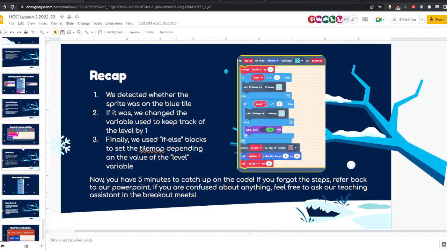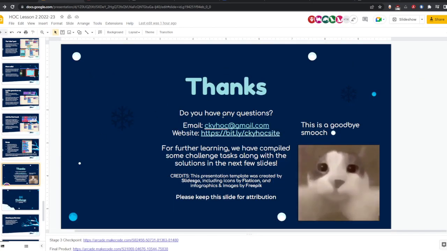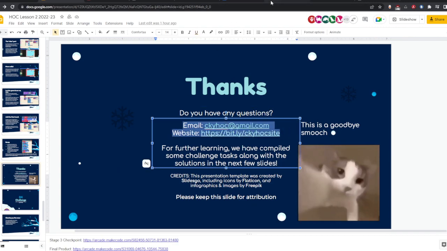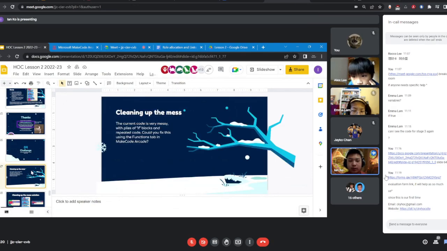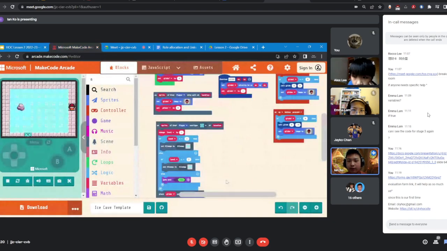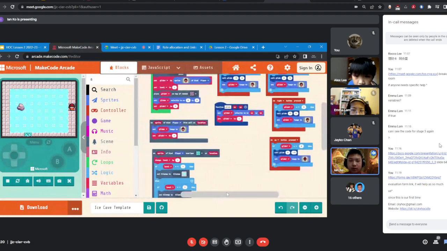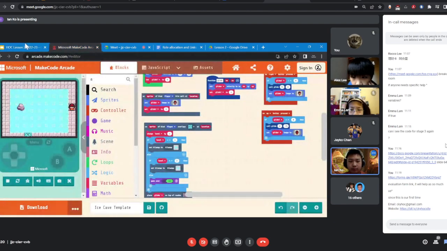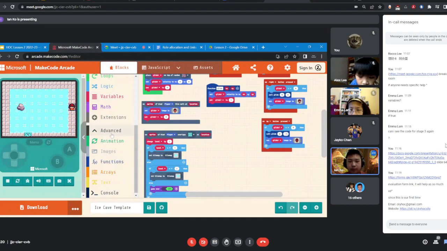Right, so it's 11:20 now, so let's get on to the challenge levels. I'll go through them first and then teach them one by one. So first up, we have cleaning up the mess. As you can see, our current code is very messy. There are if statements all over the place. So could we fix this using the Functions tab in MakeCode Arcade? And so if we go to the Functions tab,